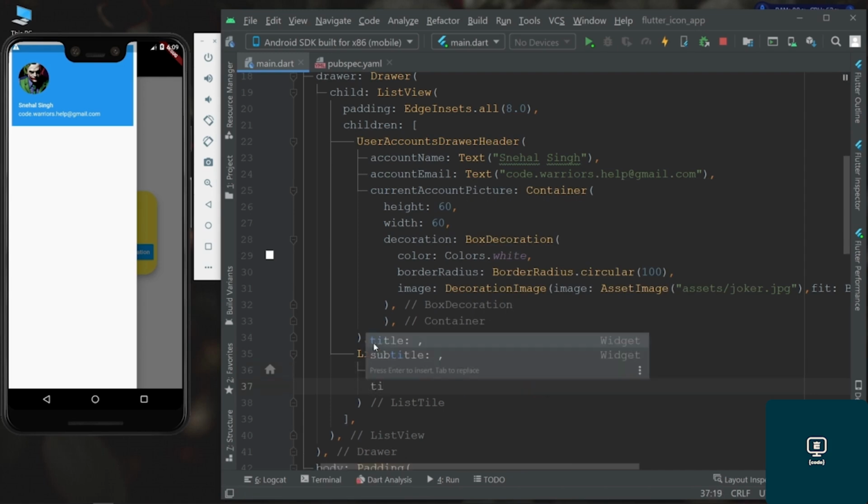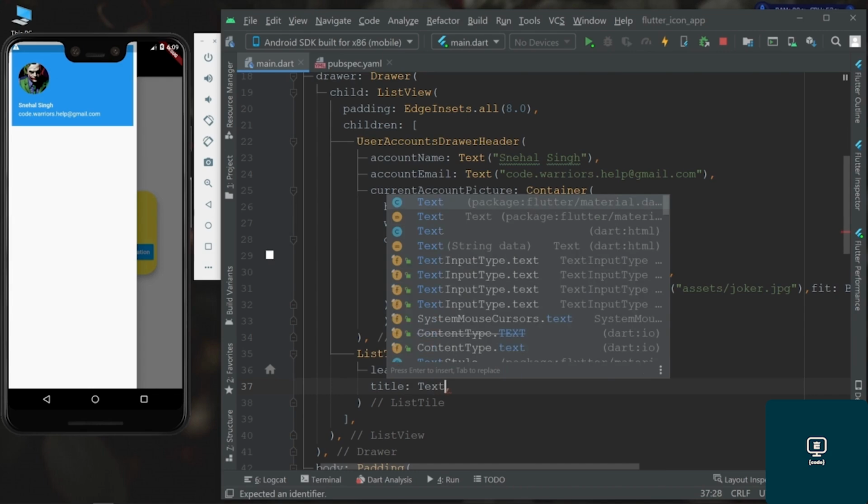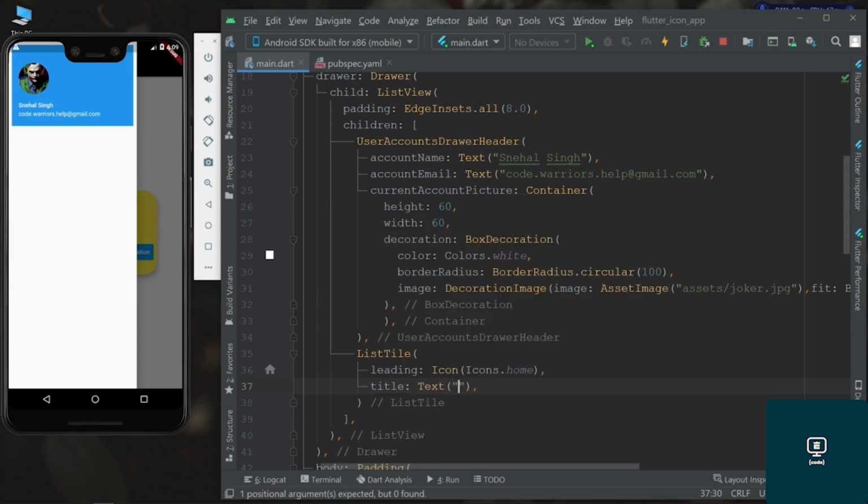Title can be home. Just hit Ctrl and S. Now you can see we have created one